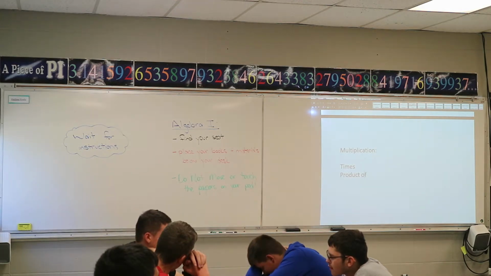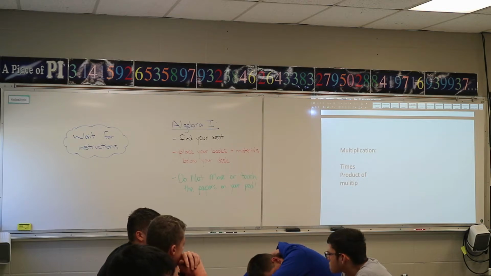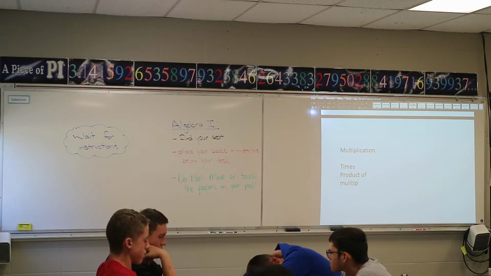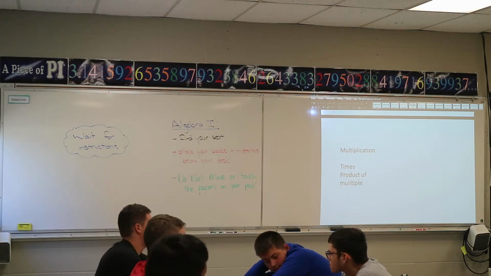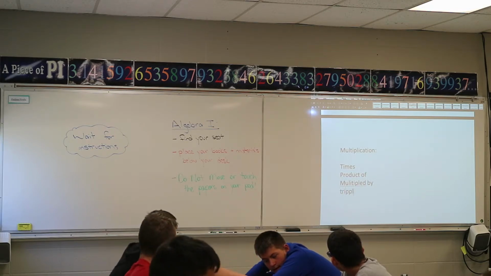Okay, we still got a few more. What do you got? Twice and triple? Twice and triple. I agree with those. Twice is a type of multiplying. Multiplying by 2, triple is multiplying by 3. Now, obviously, I could have put a lot more. I just put those in the list. I think we're missing maybe